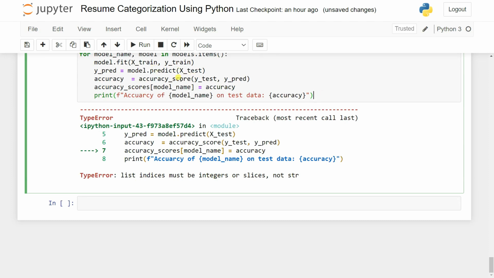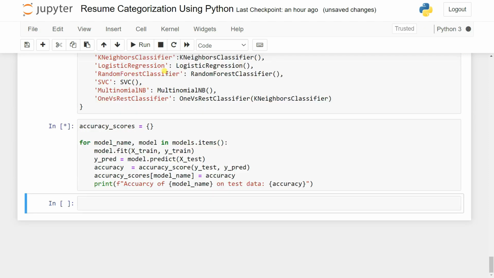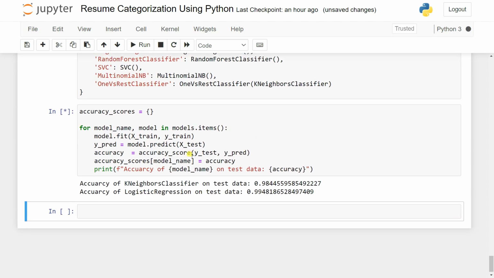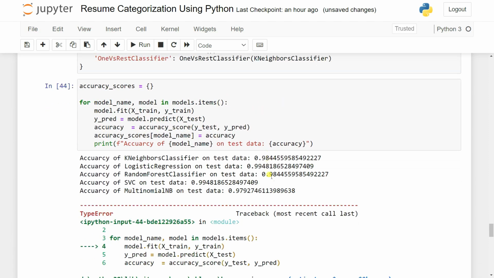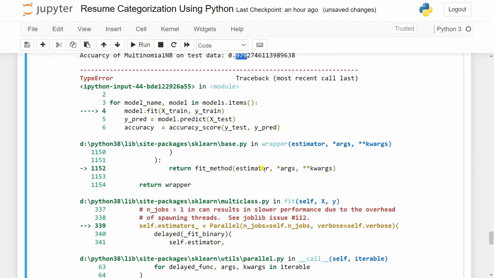X train, y train. In the predict, we're giving here the X test and y test and the y prediction. So we have the accuracy. Now inside the accuracy scores, okay, it should not be one list. It should be one dictionary. So that's why this kind of error. Okay, so you can see accuracy of the KNN is nothing but 0.98, 0.99, 0.98, 0.99, 0.97, and now we